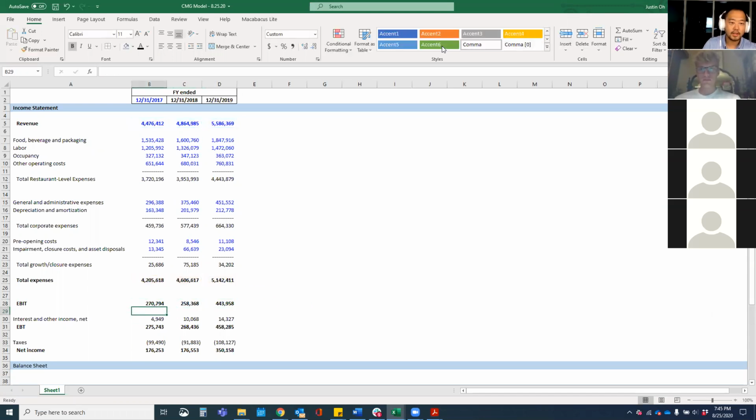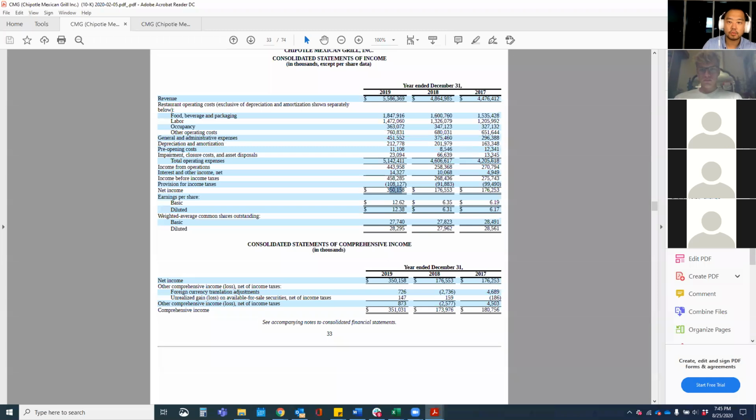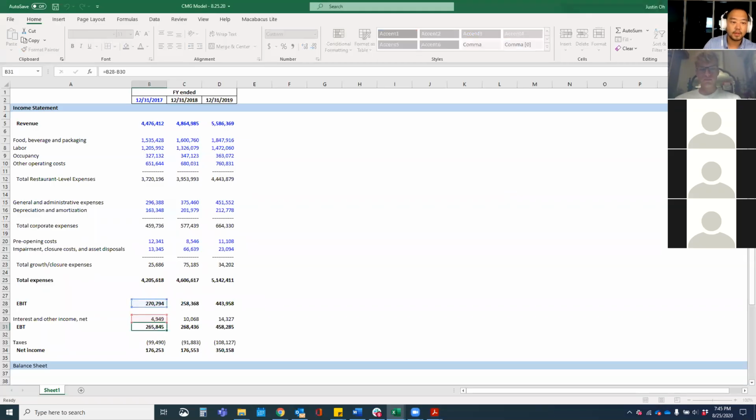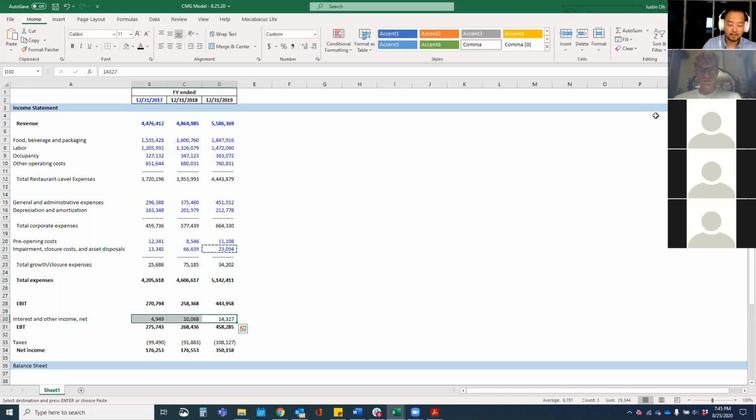So they'll do this, and then they'll kind of mindlessly do this minus this. And you just want to make sure that's right. So it's not right, because this positive number actually should be added. So just be aware of that. So then it's really an add, not a subtract. And I never really actually looked into why they did that. So just double checking the numbers: 458,